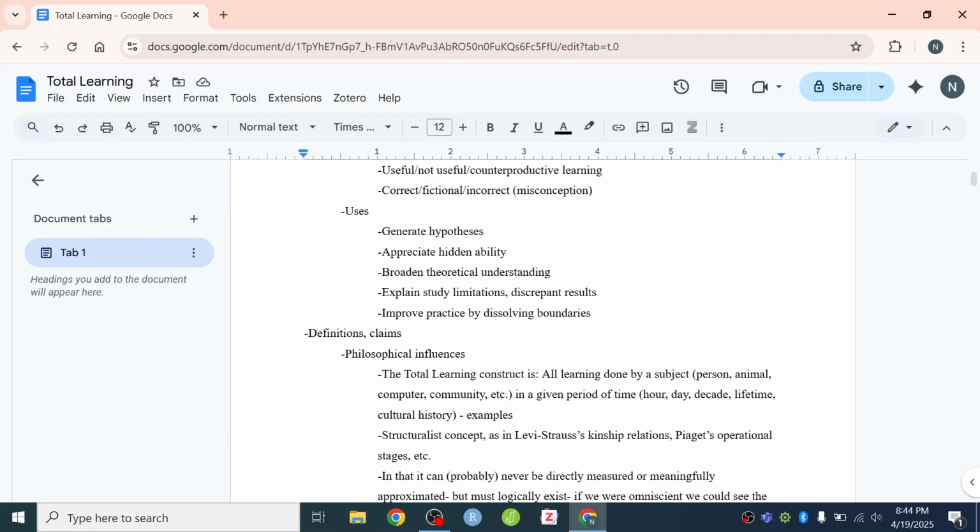And so total learning has the same quality where there must theoretically be a total amount of learning, however we define it. There will be a total amount of whatever this thing called learning is that occurs within a given subject within a given period of time. And total learning simply draws that hypothetical, theoretical, imaginary, constructual boundary and says,